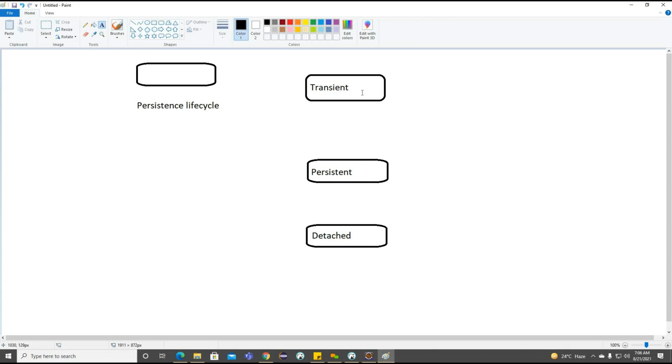So first we'll see how the transient state is going to work. Basically, transient applies whenever we create a new object here. Once we have created this new object, here we can write the new object information.